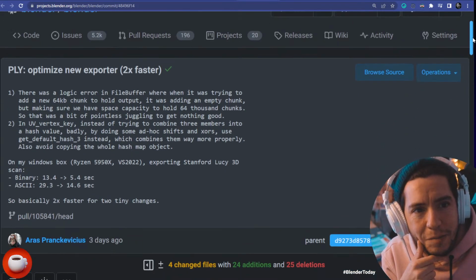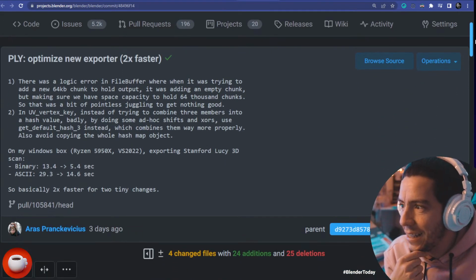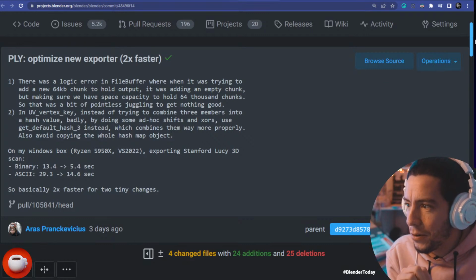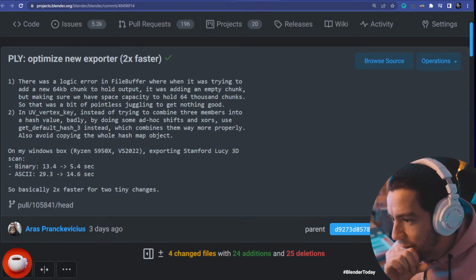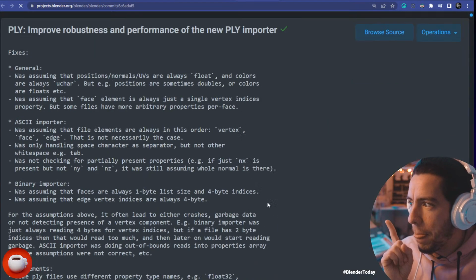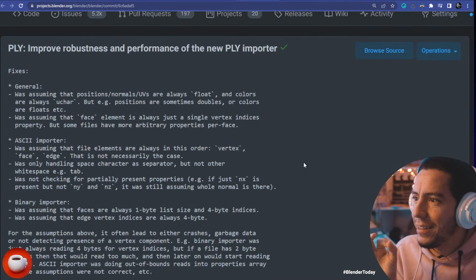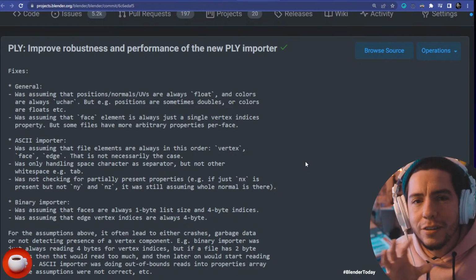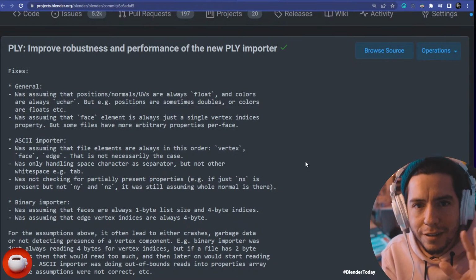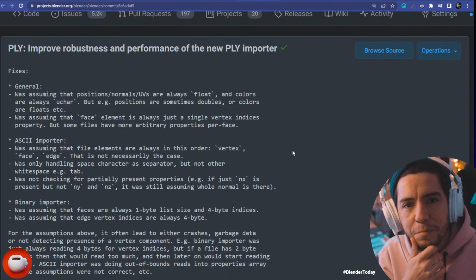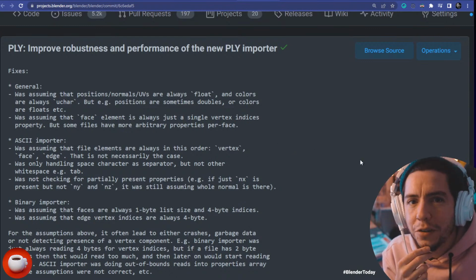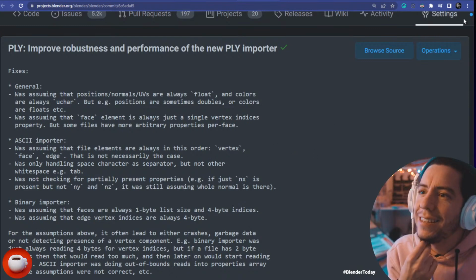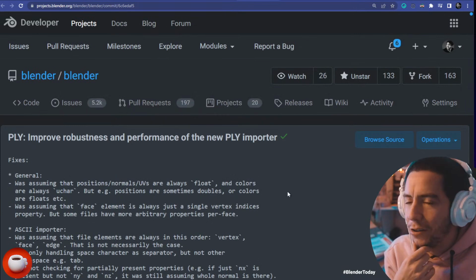This change by Aras makes the importer. Okay, now let's go first with the importer. So this is so good. If you're into importer-exporter, like, I don't know, if you're a fan of import export scripts and stuff, this is like a masterclass of